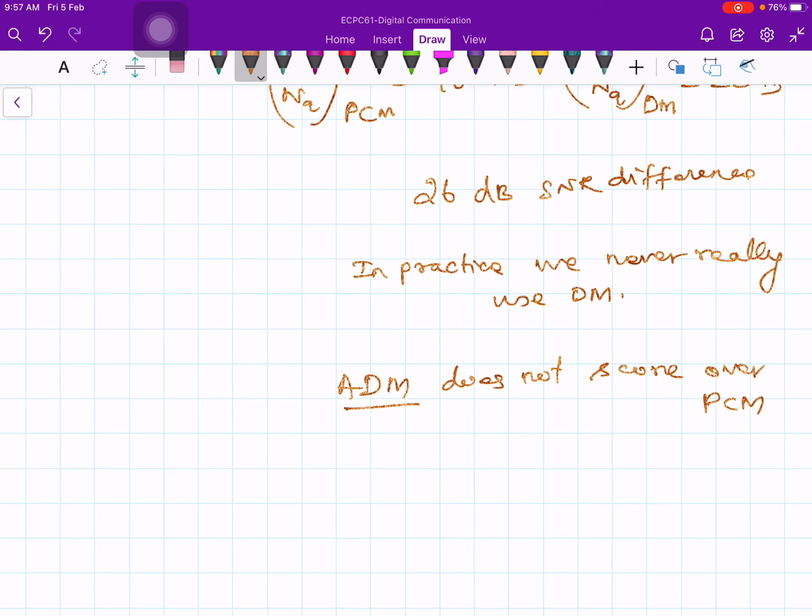Now, what is the implication of this delta modulator comparison? Historically, the implication was that a delta modulator, particularly in the adaptive form, was a preferred kind of conversion technique. What is the reason? Because of the simplicity of the adaptive delta modulator. Pulse code modulation is a complex system, but a delta modulator is a simpler system. So people prefer to use adaptive delta modulator wherever they don't want to put in a complex circuit.